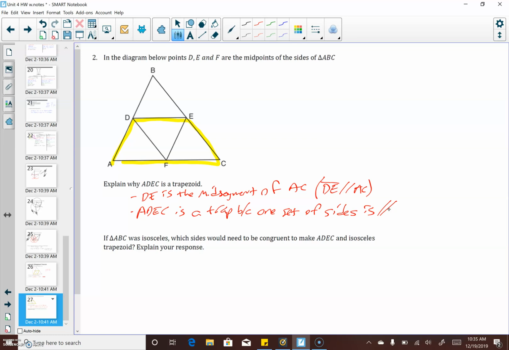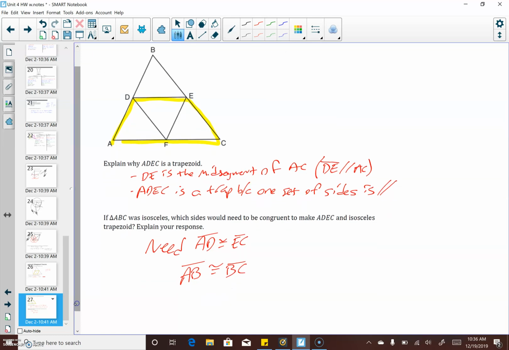If the triangle were isosceles, and we wanted this to be an isosceles trapezoid, we would need AD to be congruent to EC. In other words, we would need AB to be congruent to BC in our original triangle, because when we cut those pieces in half, you would end up with AD being congruent to EC. So again, we would need AD and EC to be congruent for the trapezoid, which means we would need AB to be congruent to BC in the triangle, because when cut in half,